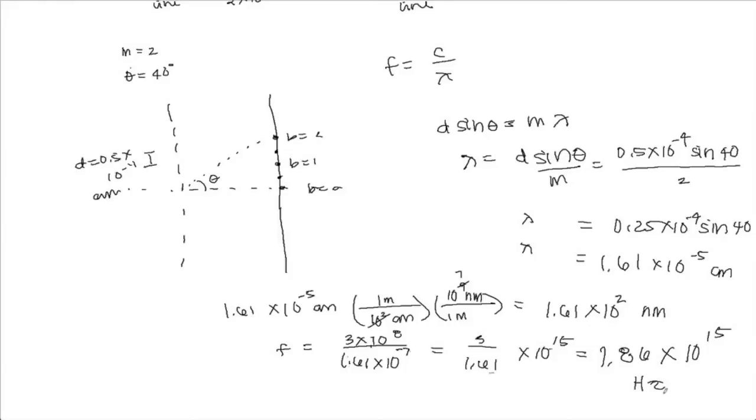By the way, is this light visible? No. Because how many nanometers is it? 161. Yeah. And the lowest visible would be 400. So it's still good to figure this out to see. Again, I kind of set the problem up wrong a little bit. I just made up the numbers out of my head, so they didn't happen to come out in the visible spectrum.